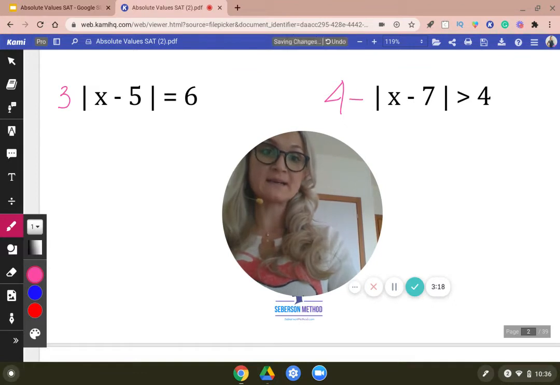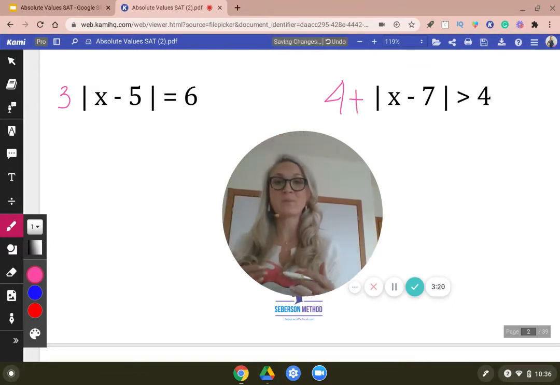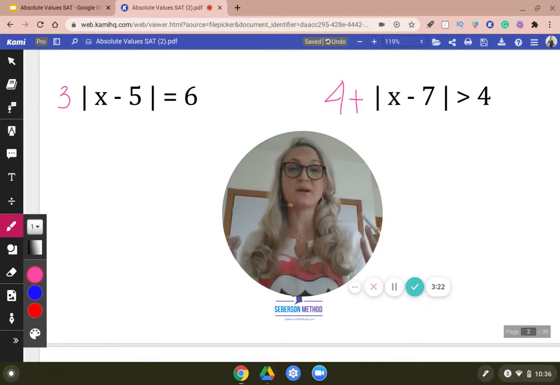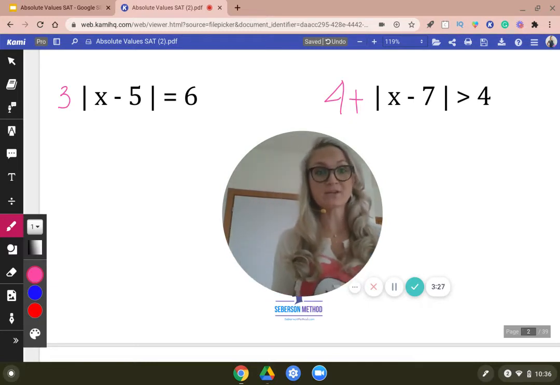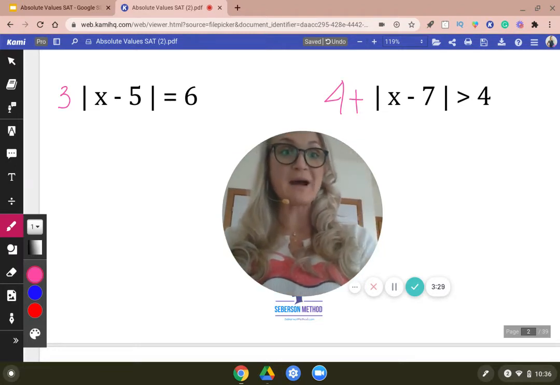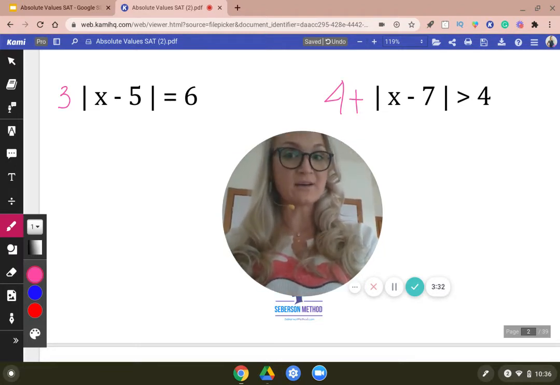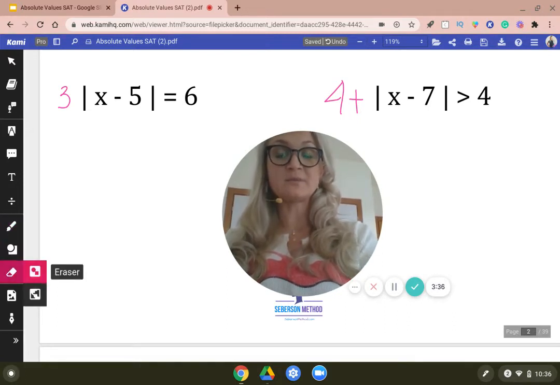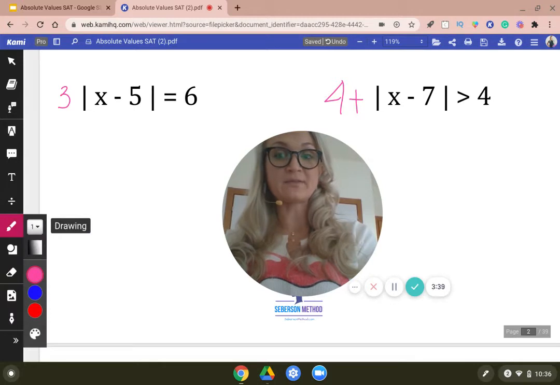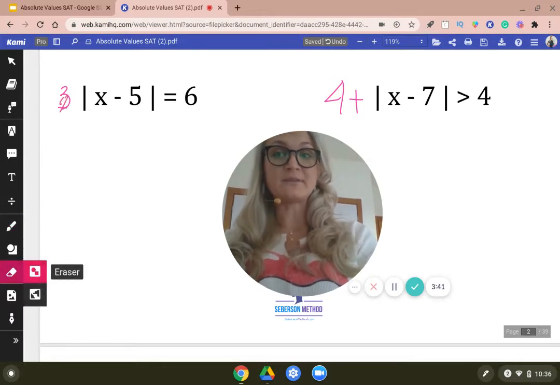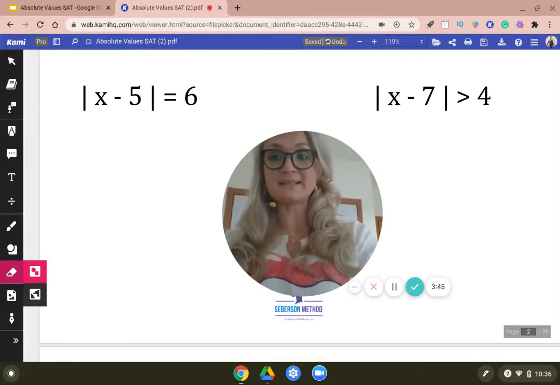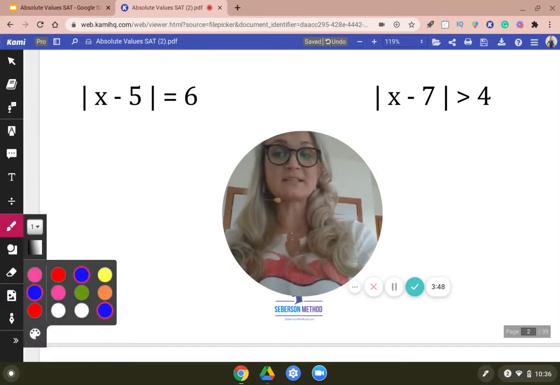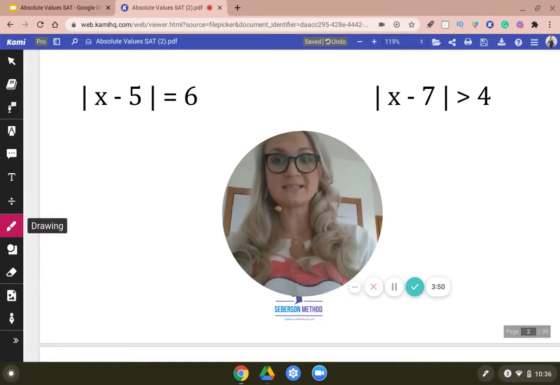4 minus this. So the first step, whether you're solving an absolute value equation or absolute value inequality, always has to be to isolate. You have to make sure that the absolute value is by itself on one side of the equation. So on the left, we would probably have to divide by 3. So we would divide both sides by 3, to get rid of the 3 in the front. And on the right, we'll have to subtract 4 on both sides. So remember, first step: isolate. But we're not going to do this here because we're trying to keep it simple.